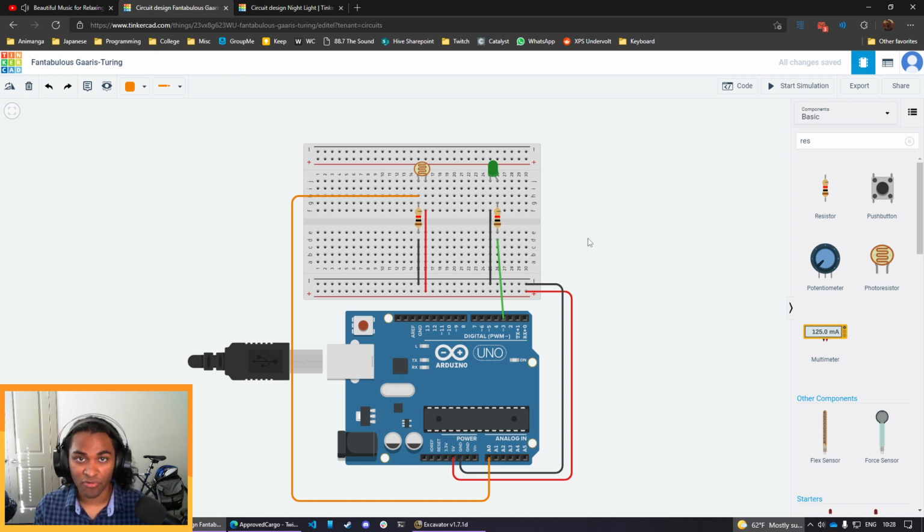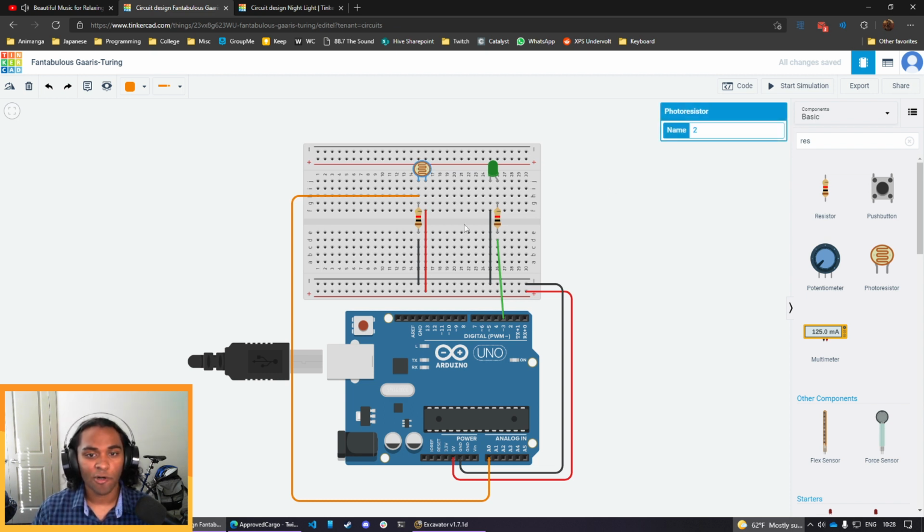a pull-down resistor. So this resistor does two things. In the case that there is actually current passing through our photoresistor, this will make sure that the ground doesn't short circuit to our wire here, because there's this resistor in the middle that's preventing that flow of current, or I guess the lack of flow of current, if you will. The other purpose that this resistor serves is,